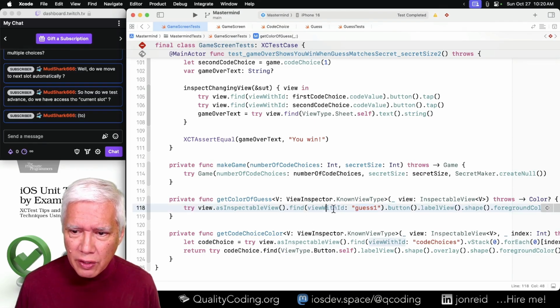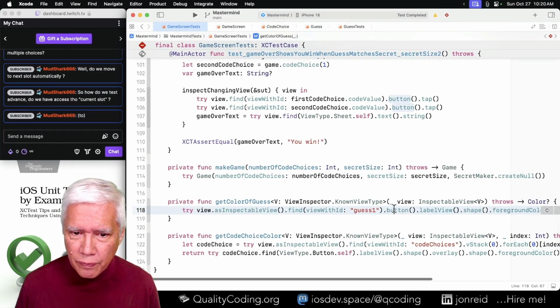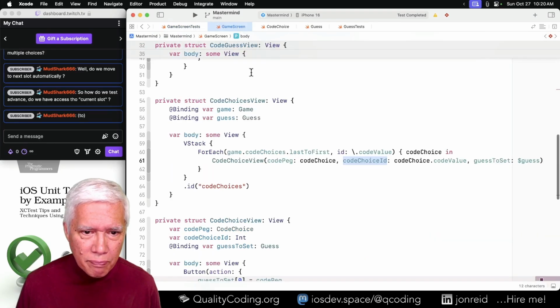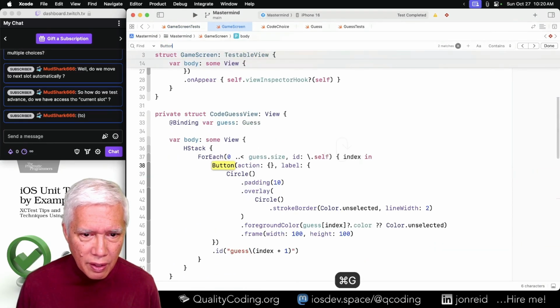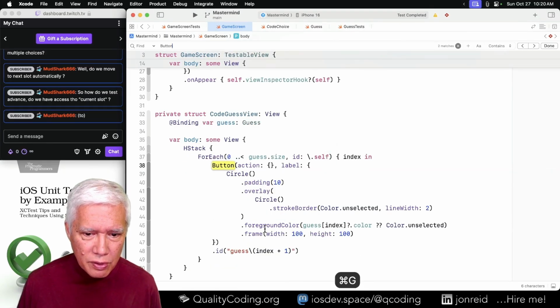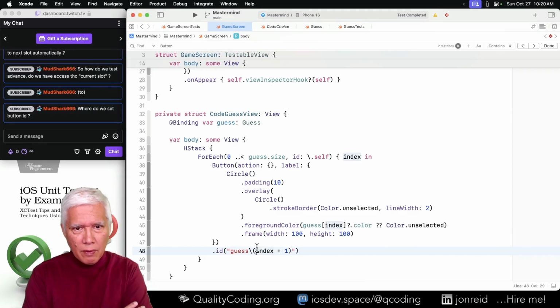It's find on the button. This is color of guess, so it's the button color. So back to the button, of which I think we only, oh, we do have a few buttons here. Oh, here's guess. There it is. Okay.